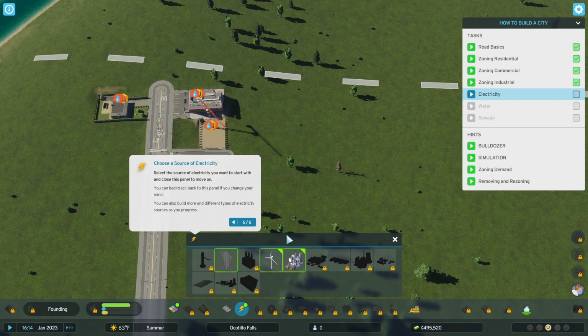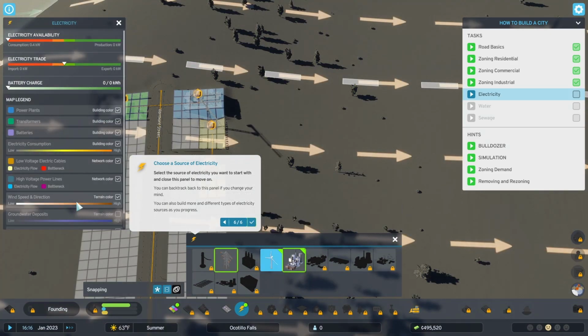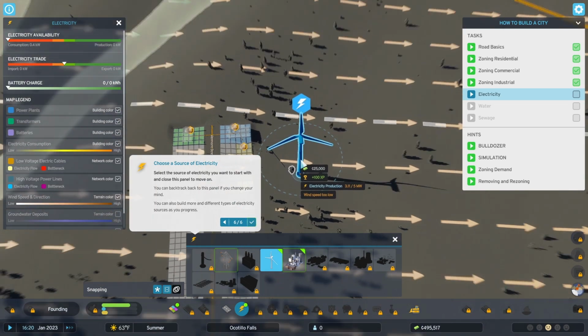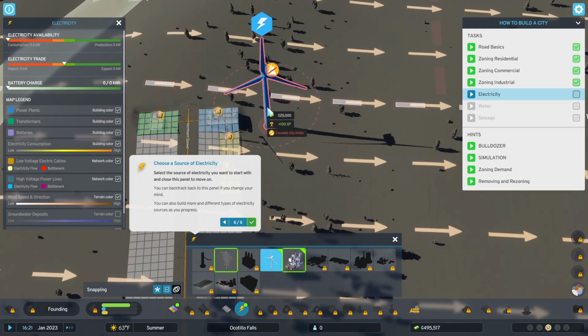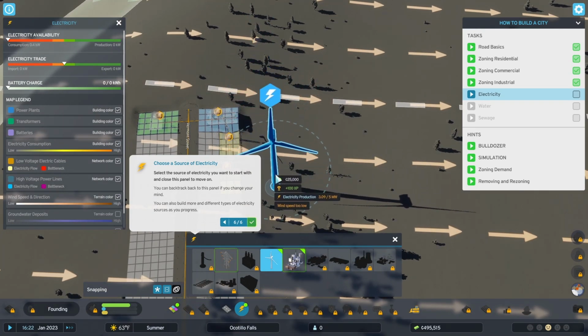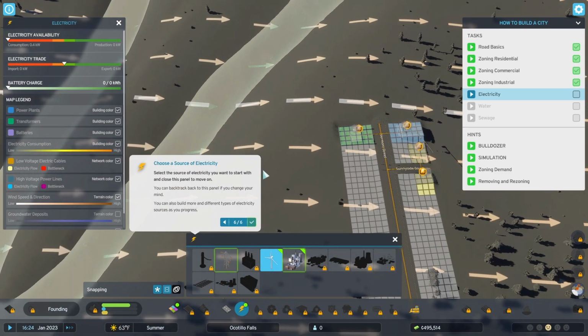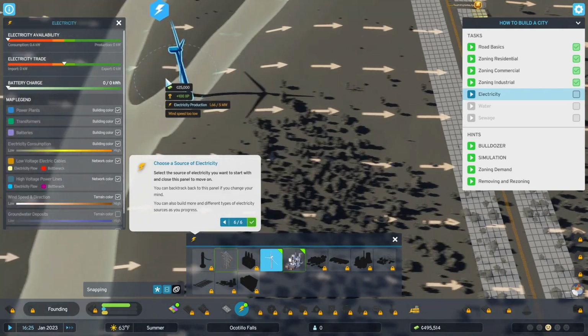Okay, let's see. Oh, it pops up so many more. Okay, so water, low voltage, high voltage, electricity consumption. Okay. Let's place... Oh, I can't place it there. Oh, wind's too low. Okay, there it is. That's where it tells me. So what if I... Oops, hold on. That's not how we move. Okay. What if I put like...